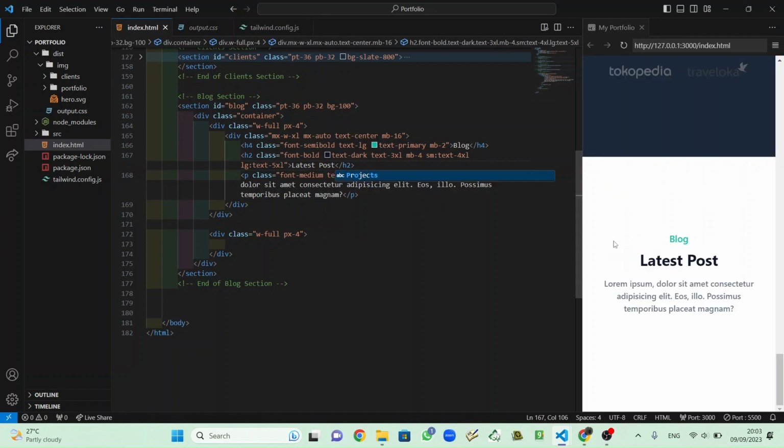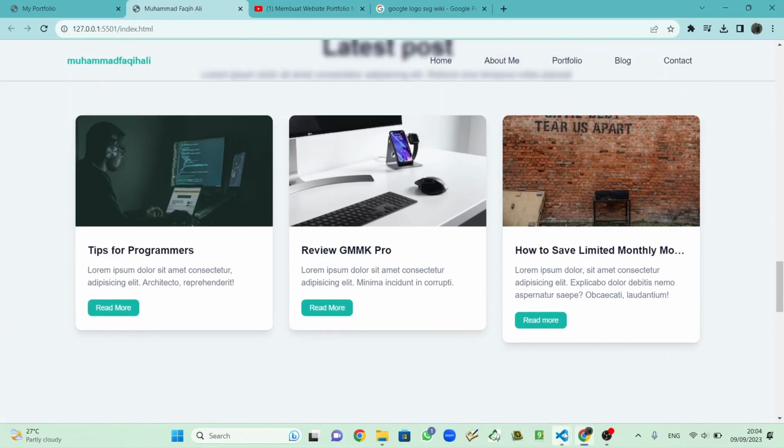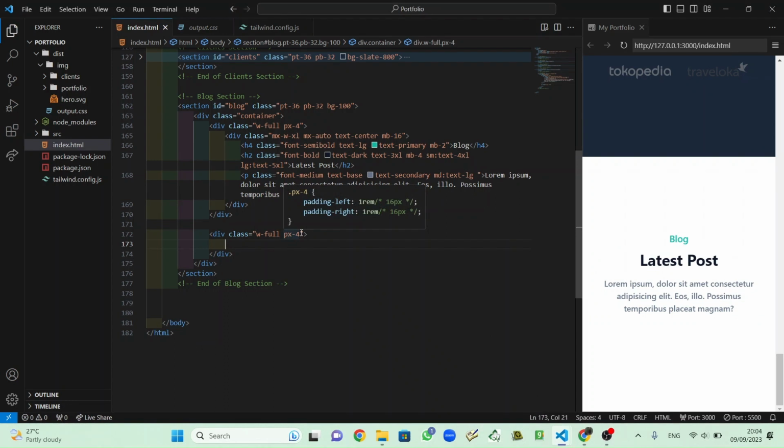Save. It's like this, and inside here we will put three boxes. Three boxes. Okay, but before this, I will put. Oh no, we change this first. So this